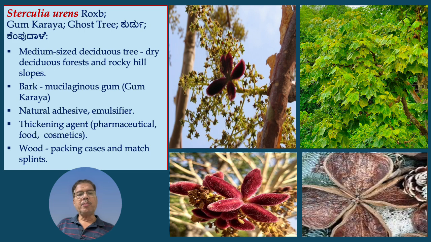Sterculia urens, commonly called the gum karaya or ghost tree, is a medium-sized deciduous tree that grows in dry deciduous forest and rocky hilly slopes. The bark is smooth, pale, and exudes a thick mucilaginous gum when cut or injured. This gum, known as gum karaya, is commercially important and widely used as a natural adhesive, emulsifier, and thickening